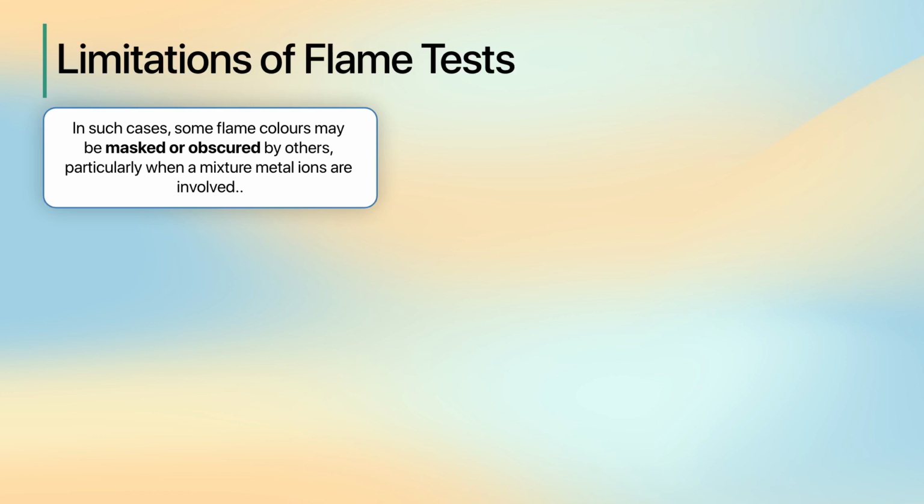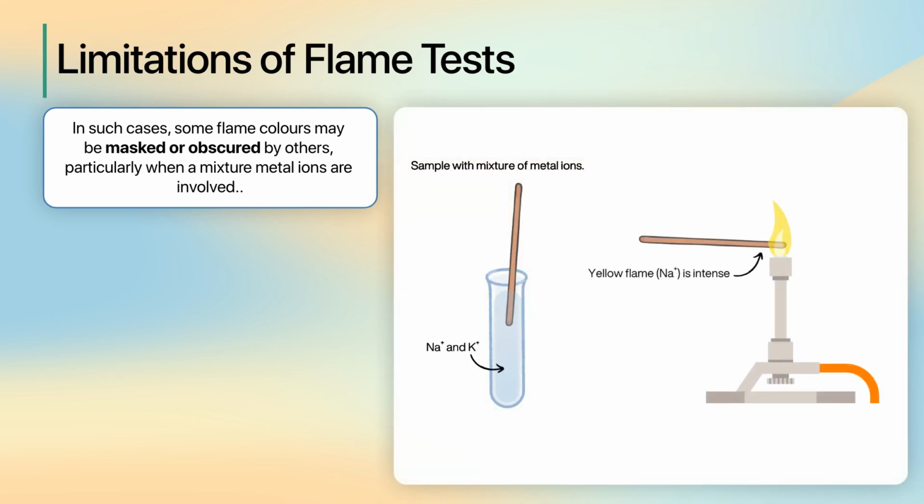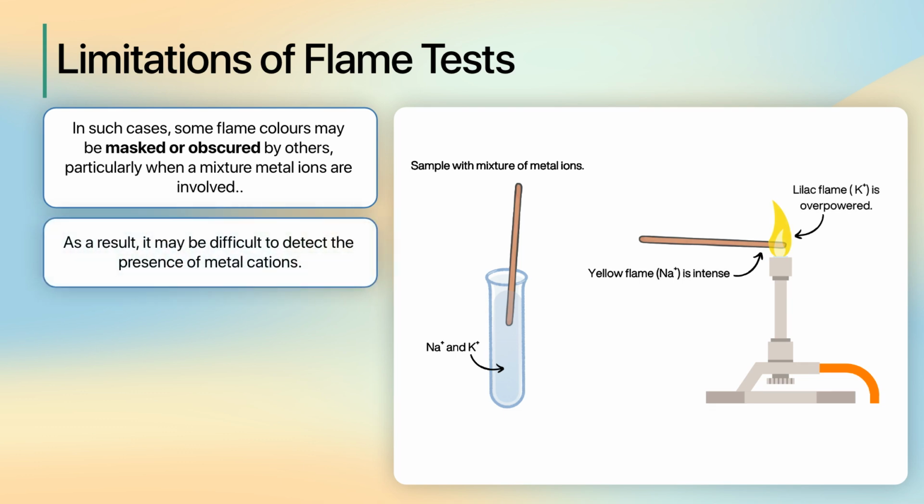For example, if a sample contains both sodium and potassium ions, the intense yellow flame produced by sodium can overpower the lilac flame of potassium. As a result, it may be difficult to detect the presence of potassium since the yellow color from sodium is so bright and dominant, masking the more subtle lilac flame. This limitation makes it challenging to identify all metal ions accurately in a mixed sample using just flame tests. We will later explore advanced techniques like flame emission spectroscopy, which can help mitigate these challenges by providing a more